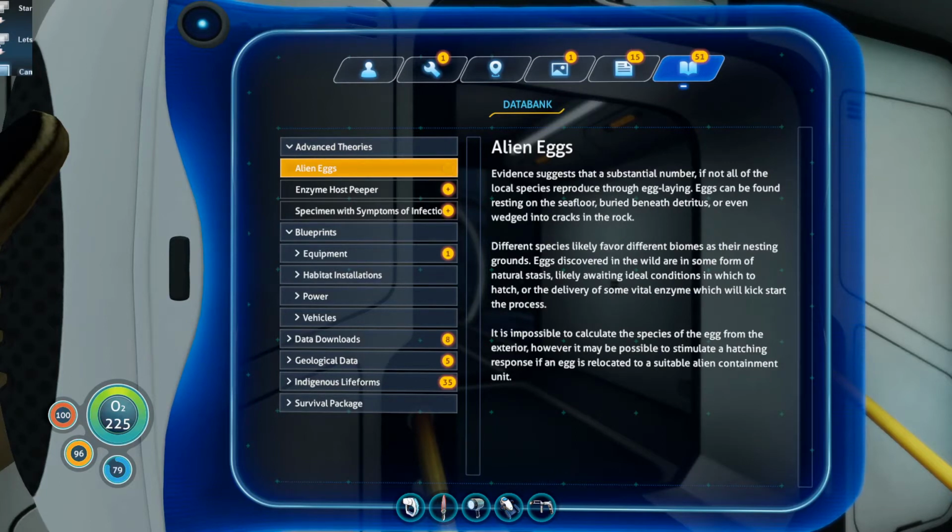Evidence suggests that a substantial number, if not all, of the local species reproduce through egg laying. Eggs can be found resting on the sea floor, buried beneath detritus, or even wedged into cracks in the rocks. Different species likely favor different biomes as their nesting grounds. Eggs discovered in the wild are in some form of natural stasis, likely awaiting ideal conditions in which to hatch, or the delivery of some vital enzyme which will kickstart the process. It is impossible to calculate the species of the egg from the exterior. However, it may be possible to simulate a hatching response if an egg is relocated to a suitable alien containment,